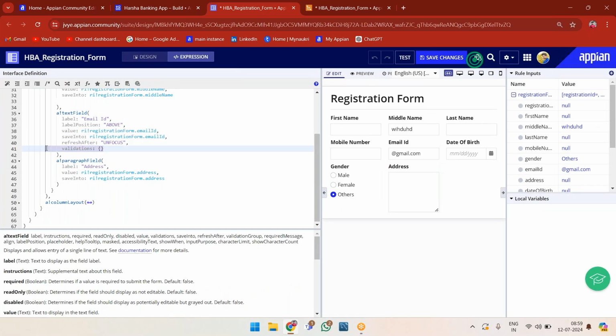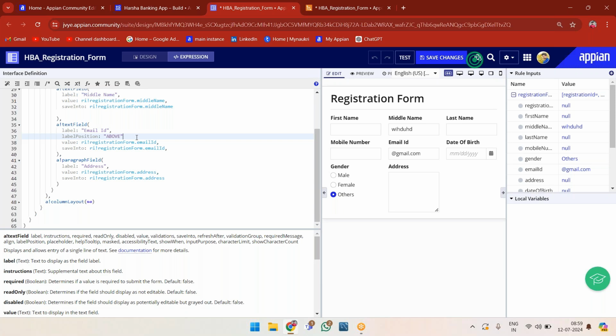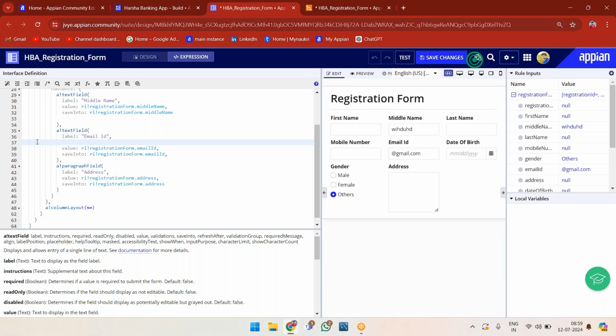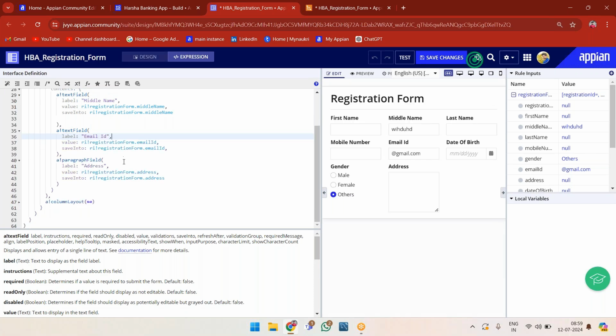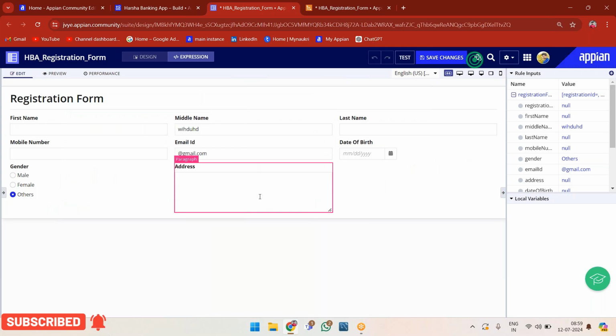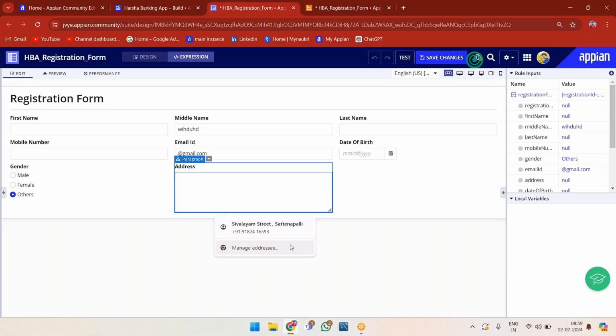We don't need these things now, and label position also. After the email ID we just call a paragraph field. Why? Because compared to the text field, paragraph is somewhat bigger. So if you add anything here,